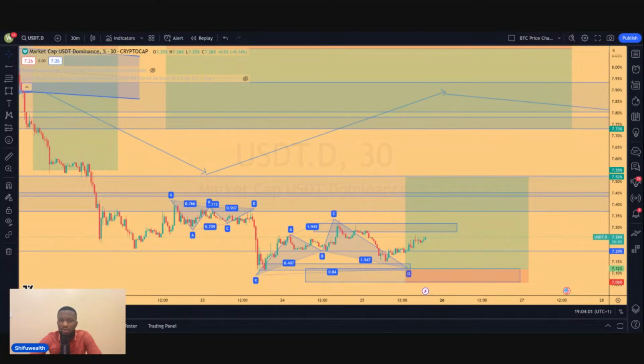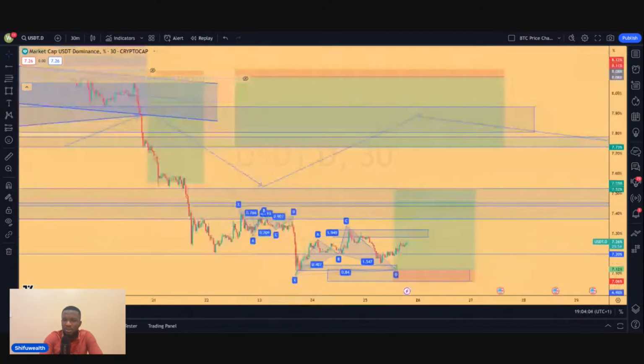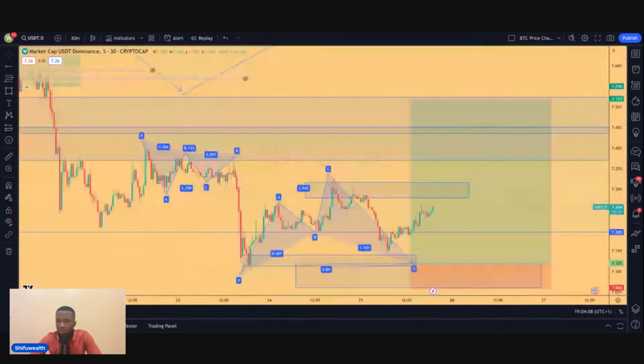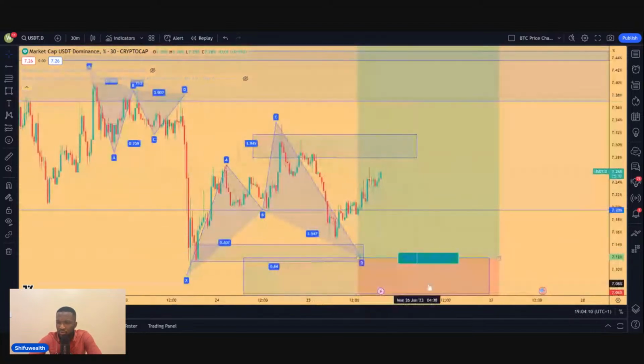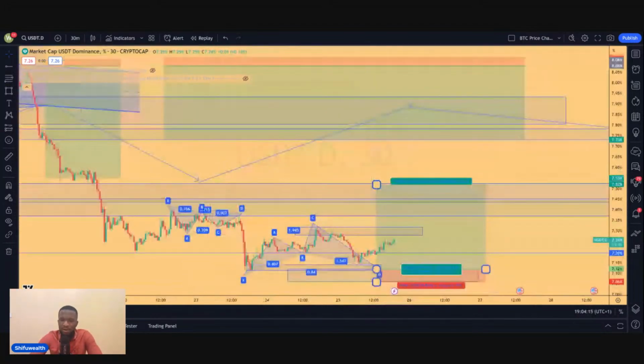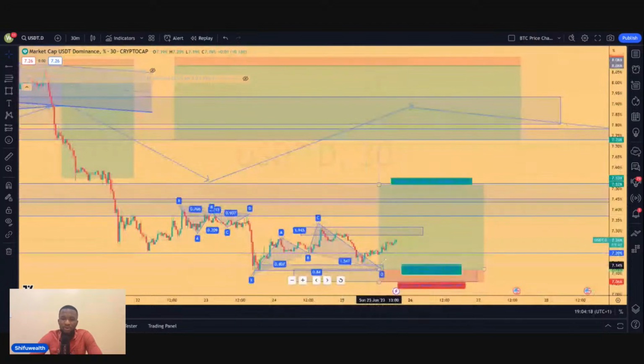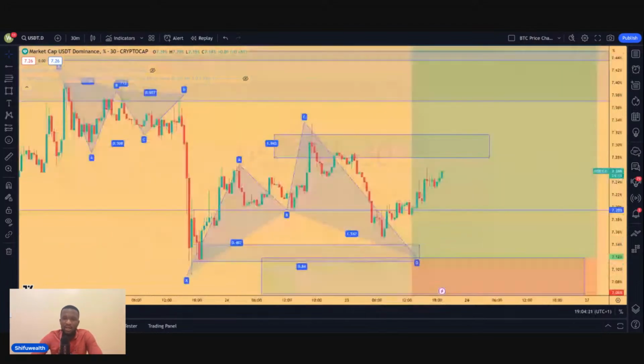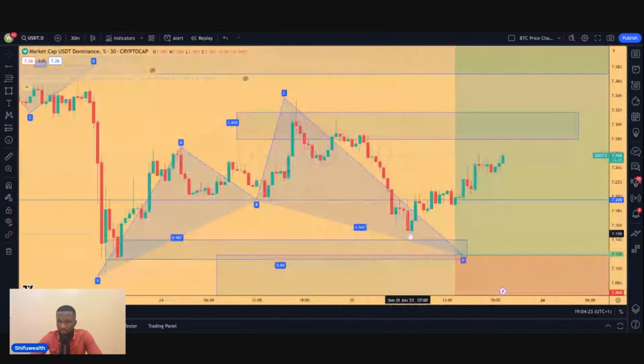So let's get straight into looking at it. Initially I expected the USDT dominance to come into 7.125 and trigger a buy from here, which would have given us a perfect sell entry for Bitcoin, but it did not get that low. Actually, it's buying already from